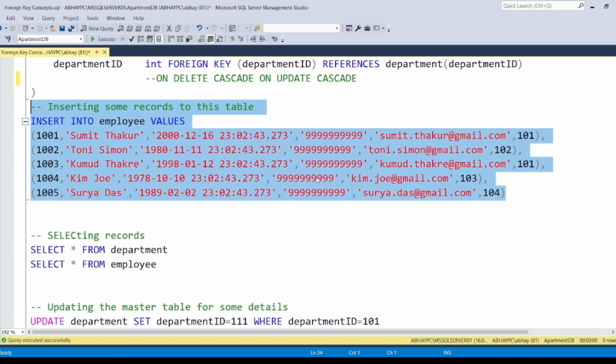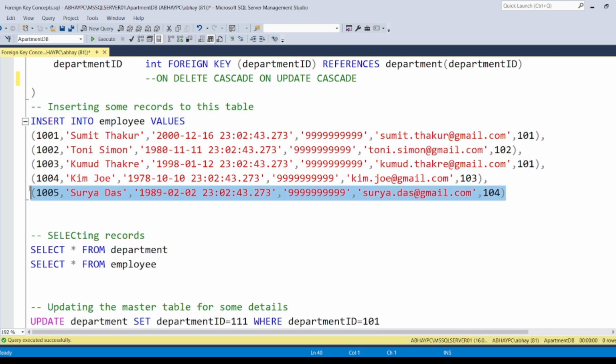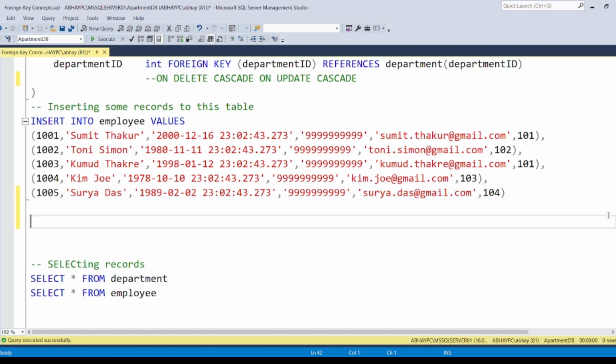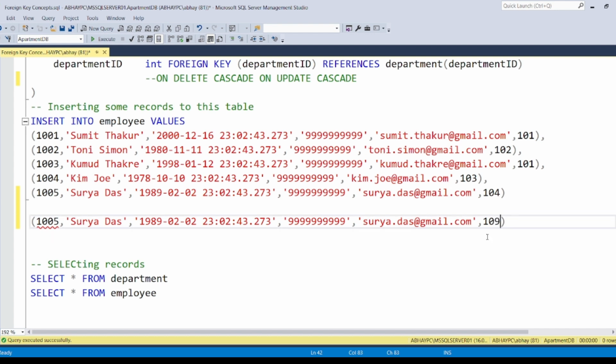These 5 records get inserted. Let's go and try to do some more things. I'm going to take this setup and try to create one more record, which has got 109. Okay, so if I am going to do this,